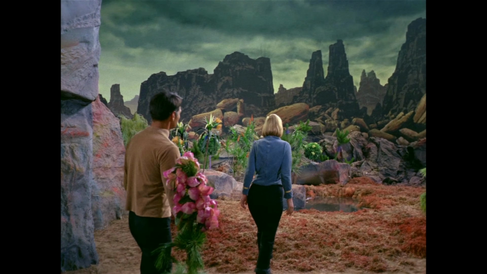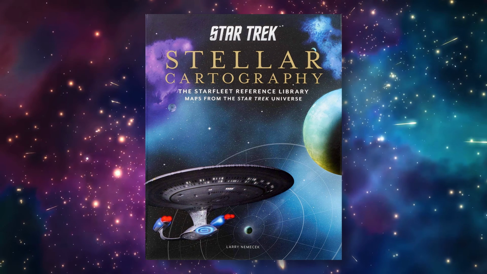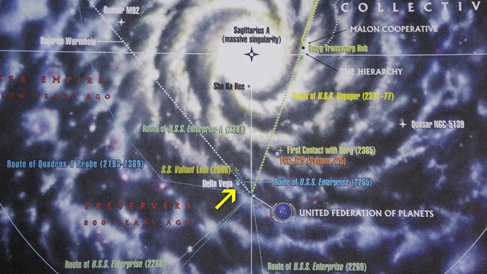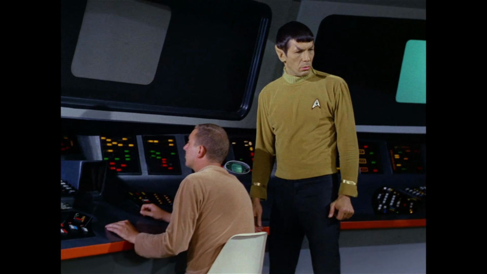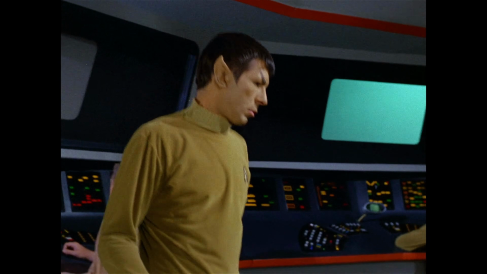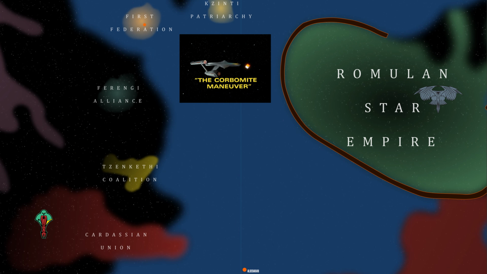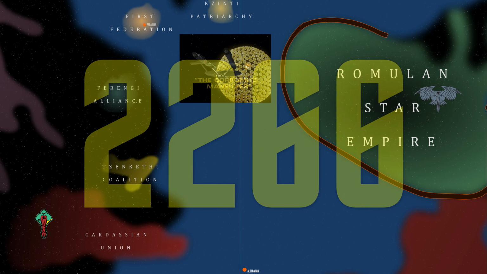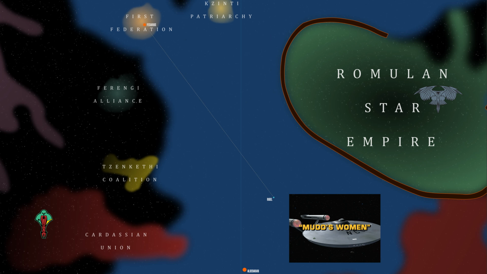We don't know exactly where Delta Vega is, but Stellar Cartography, the Starfleet reference library, places it what looks like a few thousand light years up the Orion Spur. Pretty far for a 23rd century ship, but the Federation does have an outpost in this sector, Starbase 237. Episode 2, The Corbomite Maneuver, takes place in 2266 and depicts first contact between Starfleet and the First Federation near its capital, Villagria. Episode 3, Mudd's Women, sees the Enterprise visit Rigel 12 to obtain even more lithium crystals, but